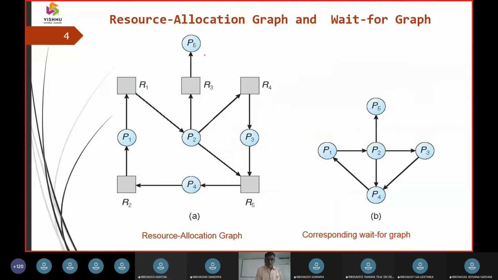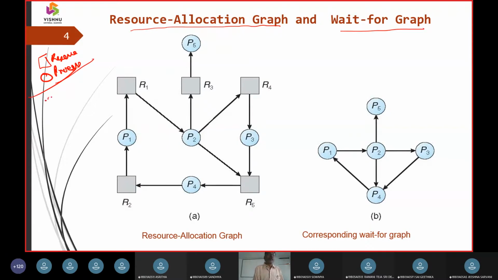So first, we are going to have the resource allocation graph, and it is going to be converted to the wait for graph. So we do have the second part of the Banker's algorithm, where from the resource allocation graph we are going to bring up the wait for graph. As mentioned, resources are going to be represented with a rectangle, and processes are going to be represented using circles. This is what the representation was.